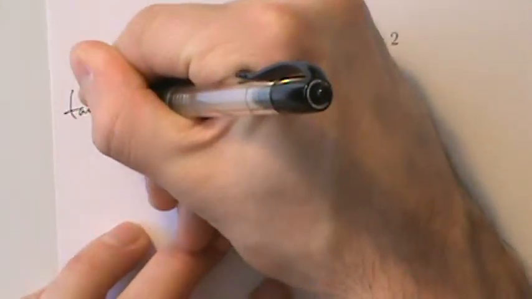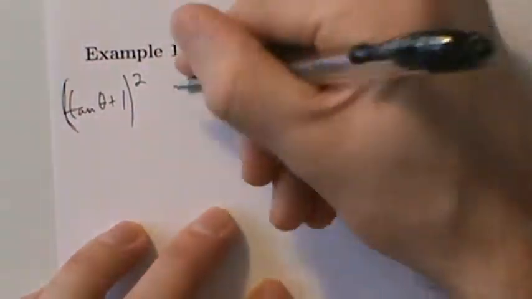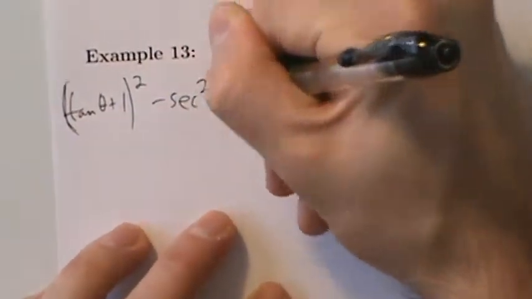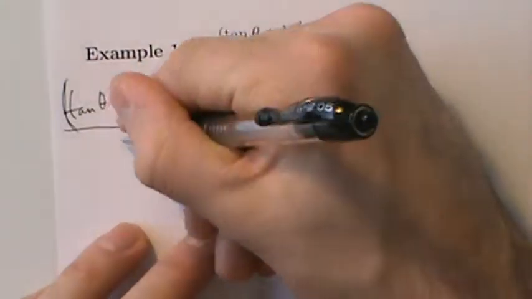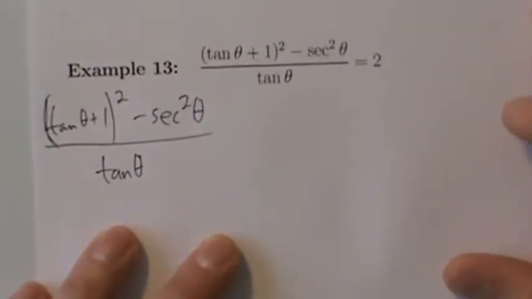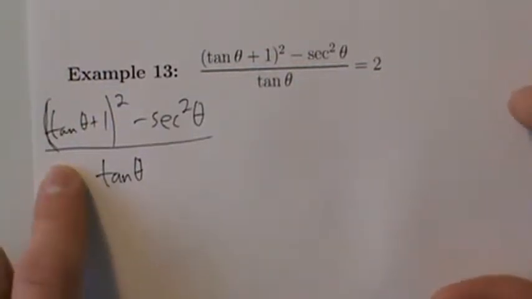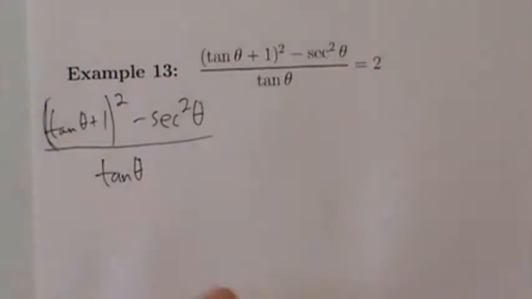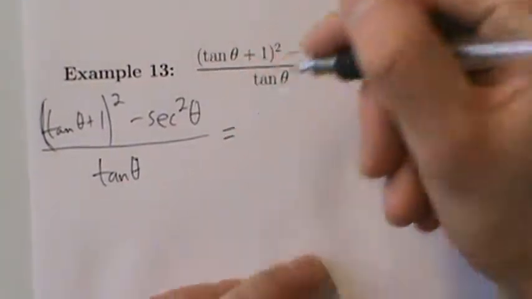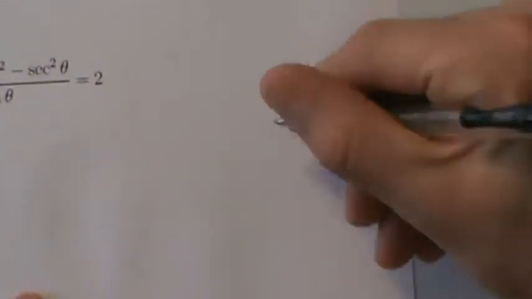Okay, so tangent of theta plus 1, whole thing squared, minus secant squared of theta, all divided by tangent of theta. So what can we do here? Well, nothing really jumps out at us, except maybe here we have something plus 1 and then quantity squared. So let's maybe expand that. We're going to FOIL that out. So if we come off to the side here, tangent of theta plus 1,